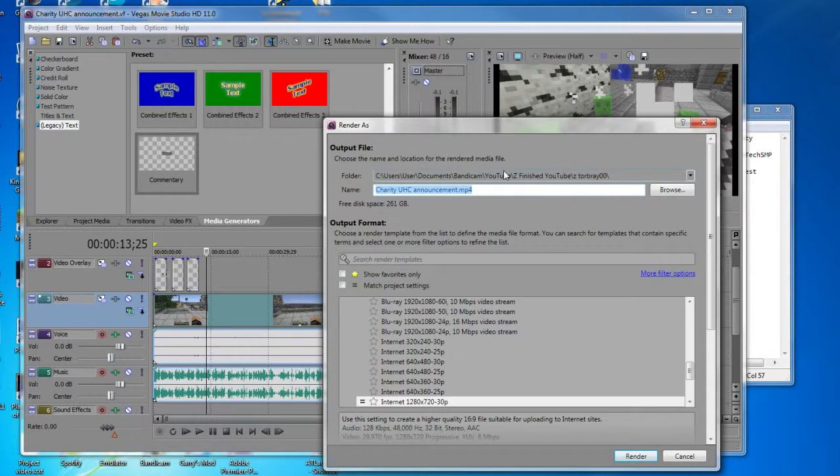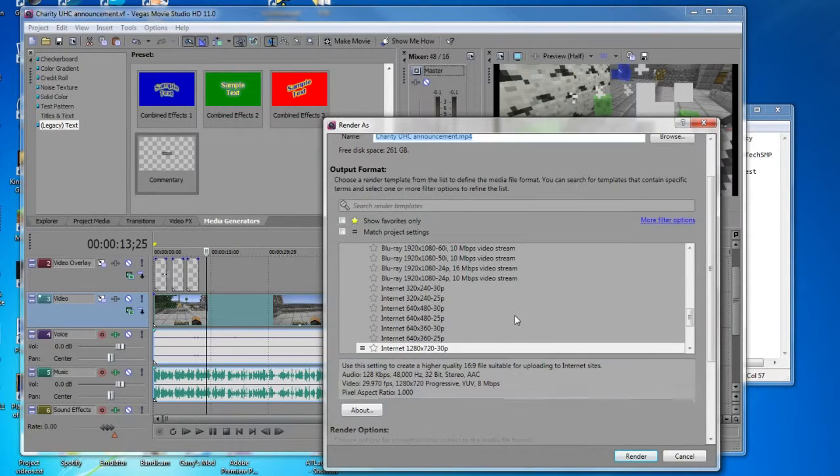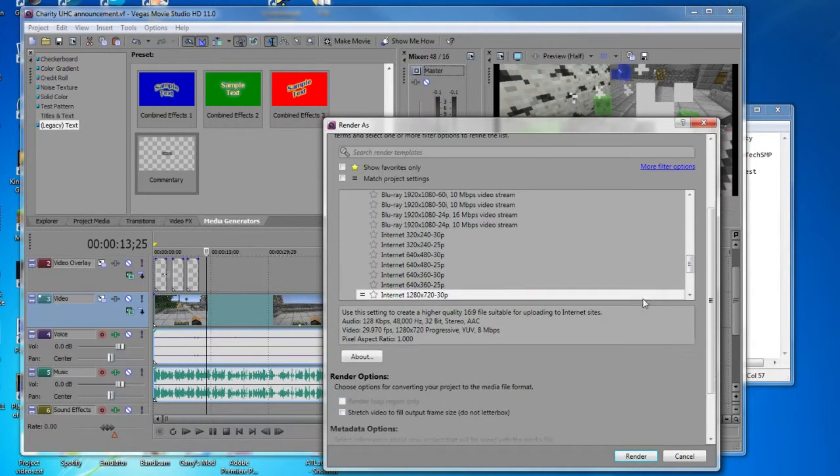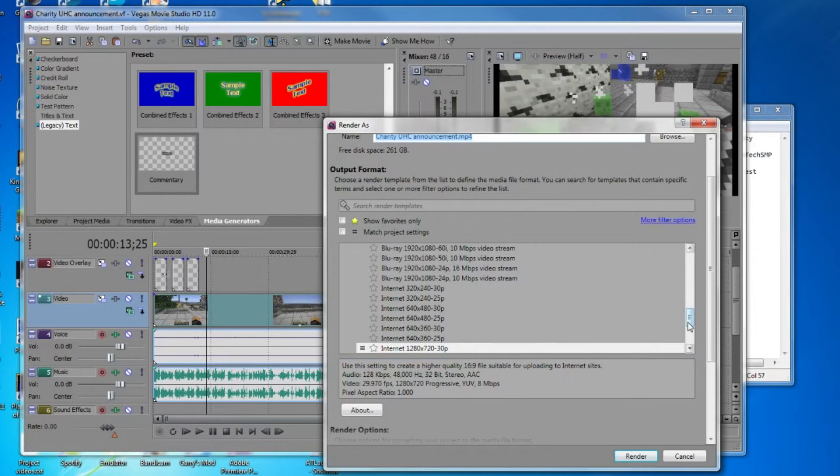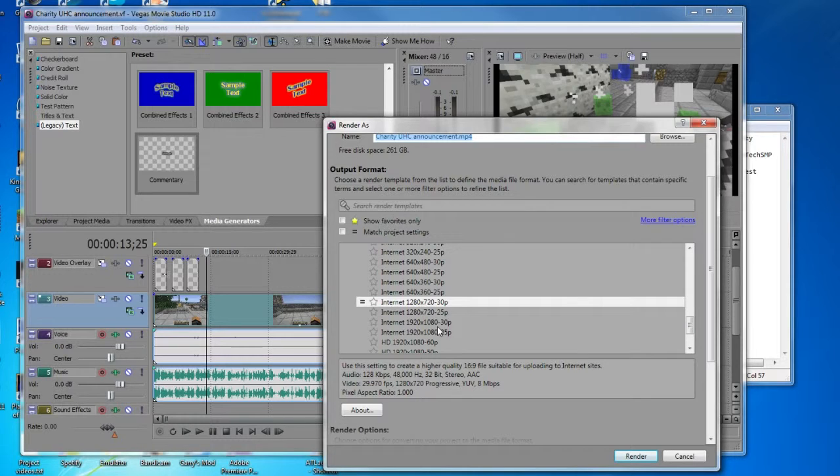I used Z back in the day, but I don't really care too much about the Z. It's not really needed. And then I've got a preset. Vegas Movie Studio comes with a preset of Internet 1280 by 720 at 30p, 30 FPS, I think that is. I could technically render to 1920 by 1080. I used to do that, but my monitor's not big enough to go record at 1080p, so I think that